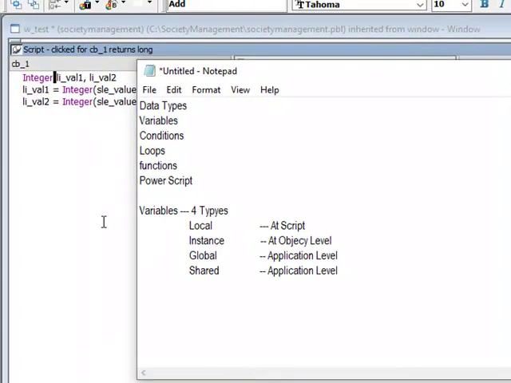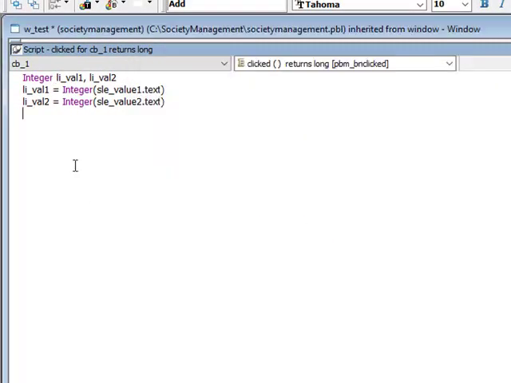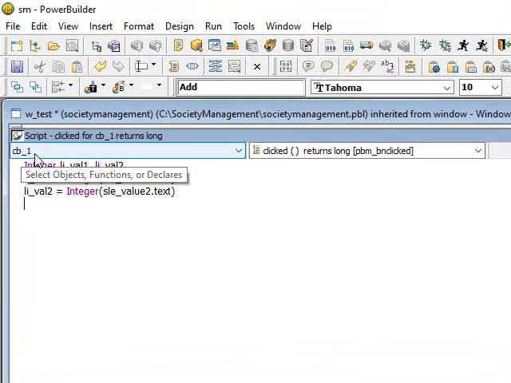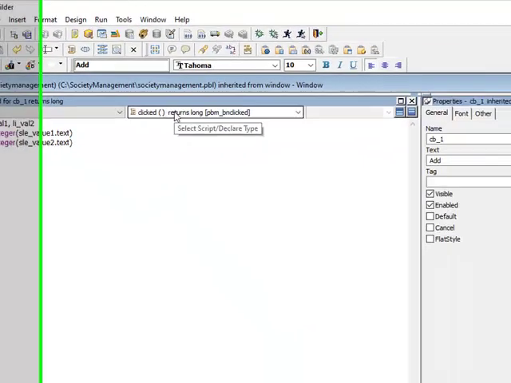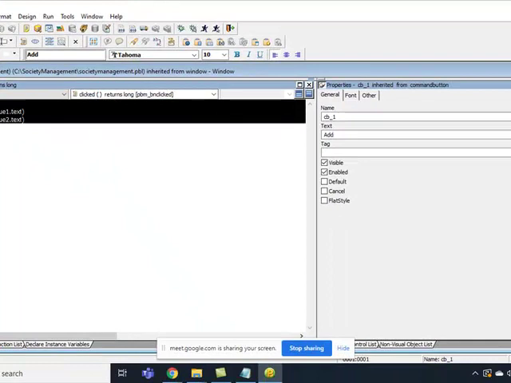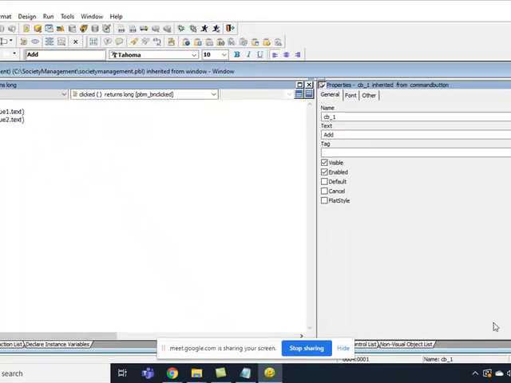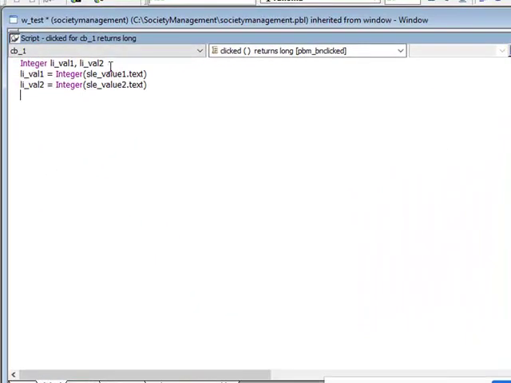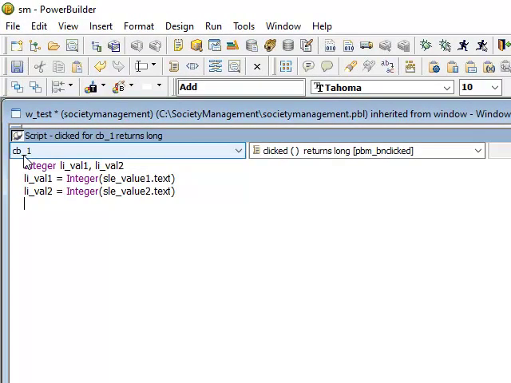See, we declared this variable here, where we declared it in the clicked event of the command button cb_1. This is the PowerScript. It is stored in the clicked event of this command button.